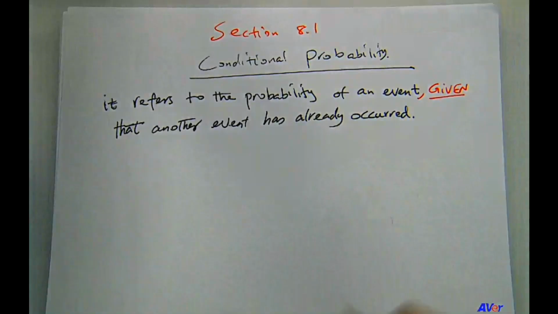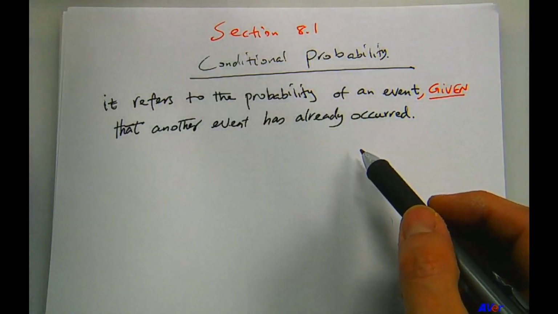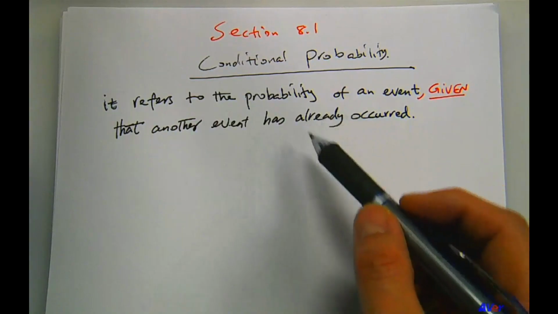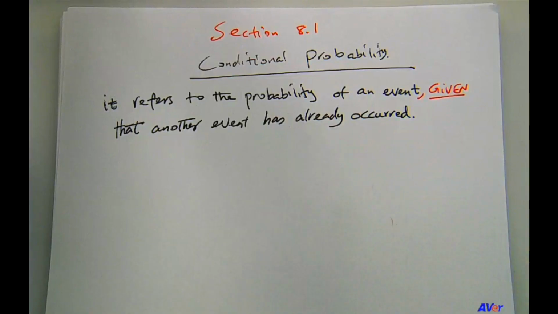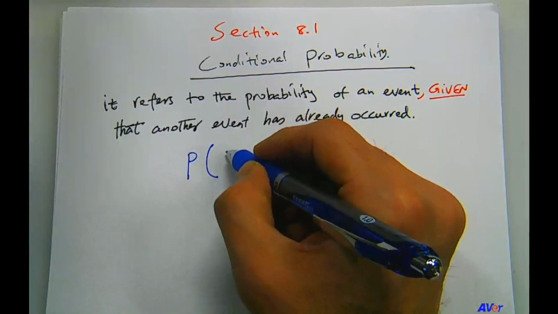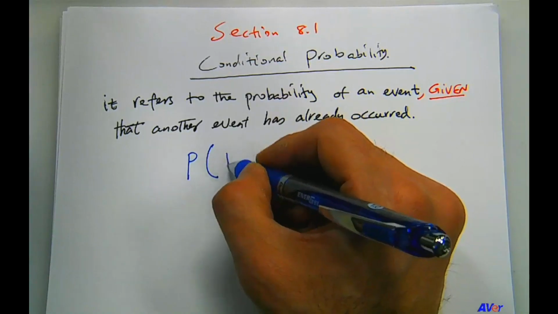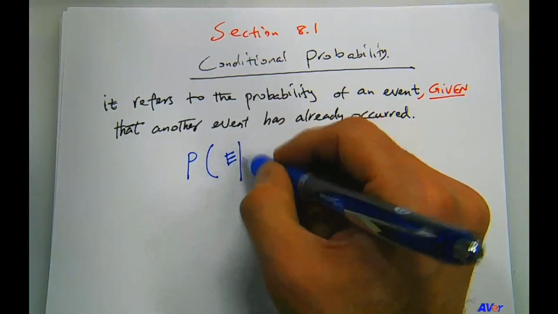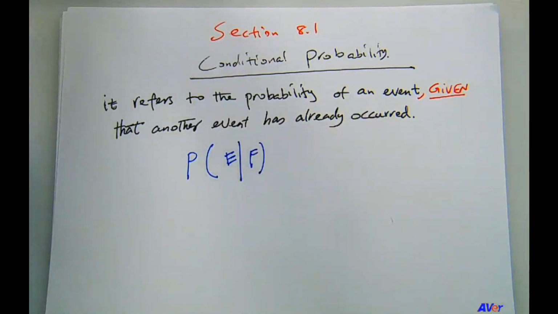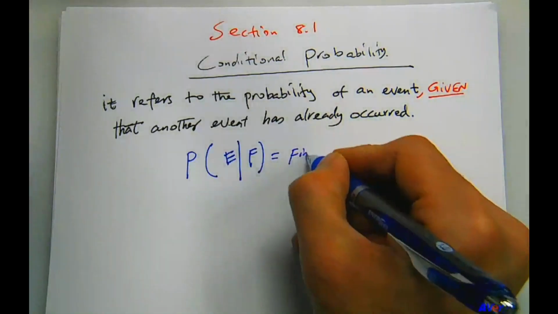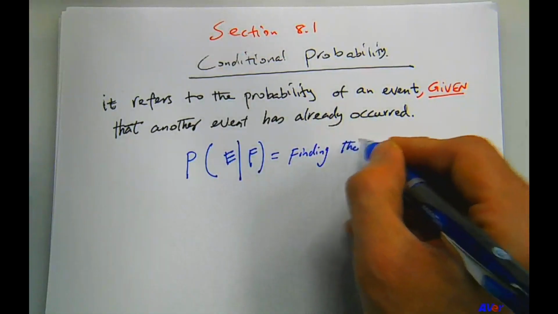Okay, so like the other parts of the probability that we've talked about, this conditional probability has its own notation. Let's become familiar with what this notation is. First of all, it starts with a capital P, then parentheses. Then let me just give these events labels. So event E and a vertical bar and then an event F. So this is referring to, so we want to find the